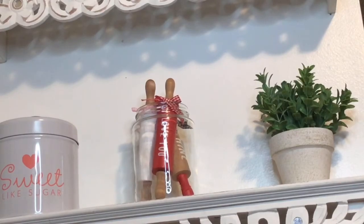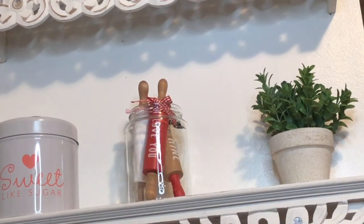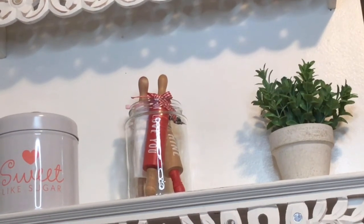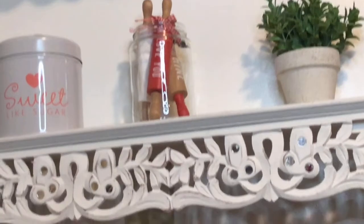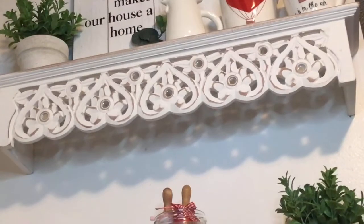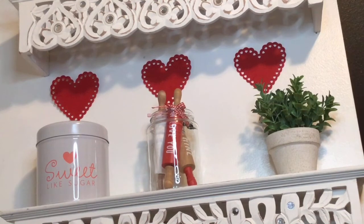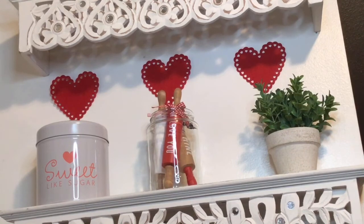So now I have added in my little clear jar, and I inserted my little rolling pins in there, as you can see. And I think I'm missing something, okay? So I'm just going to step back and take a look at it, all right? And then I'll be right back. So stay tuned. So I decided to go ahead and add in my red hearts, as you can see,